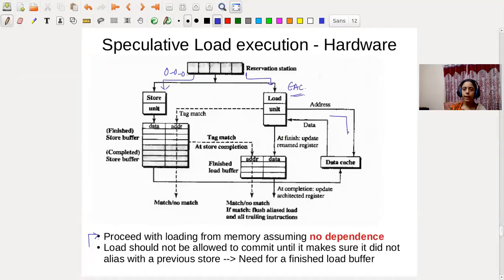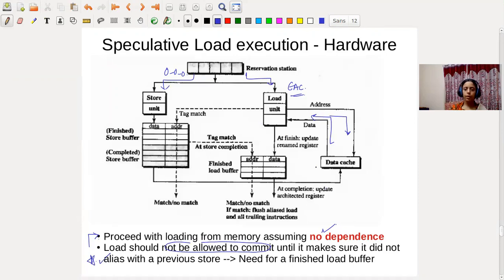And we also send the address to the memory and fetch the data from memory in an out of order fashion, assuming no dependence. But we should also make sure that the load is not allowed to commit the results to the register